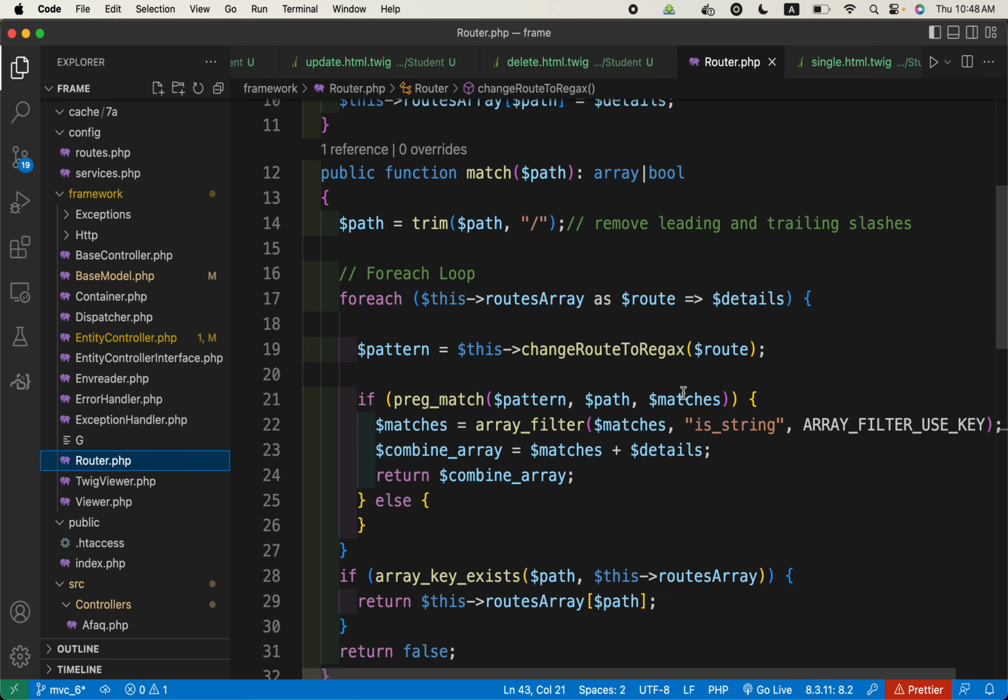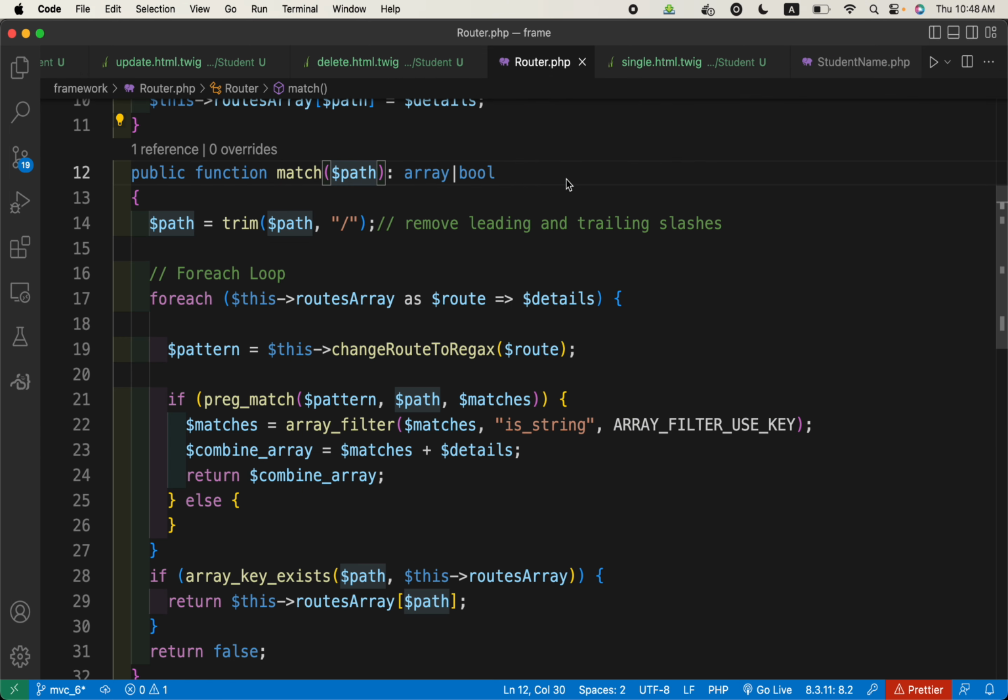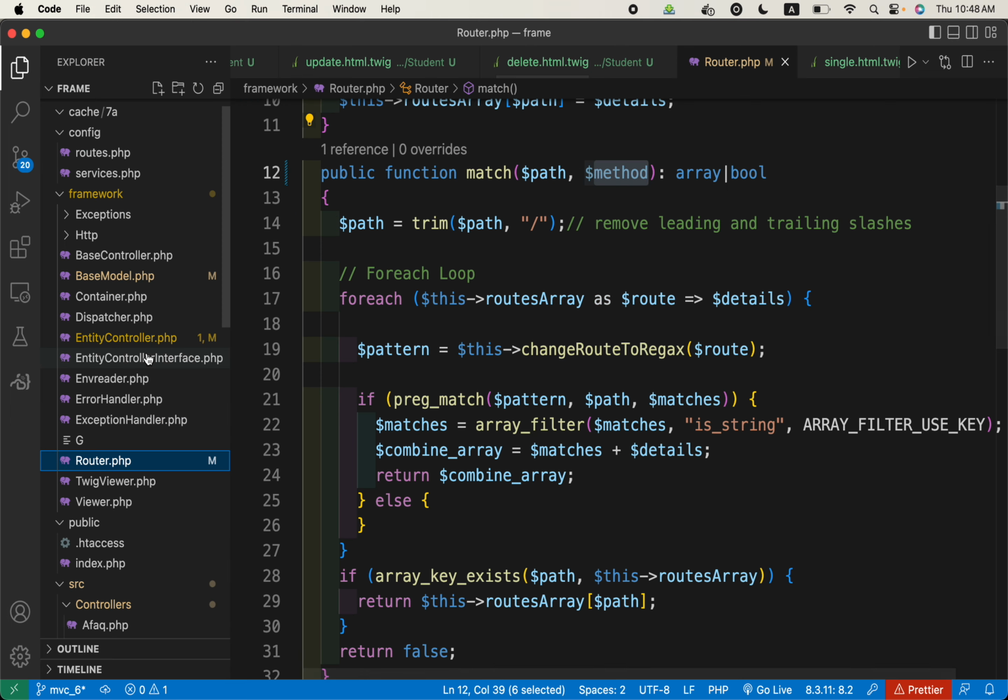So the public function match returns the path, just a path. Okay, so we can have another parameter which is method. So it will either be POST or GET. The match should be passed another parameter, which is method, and then if you come to the dispatcher,